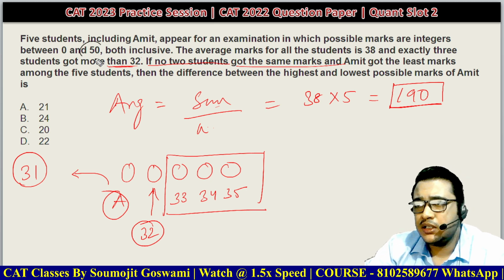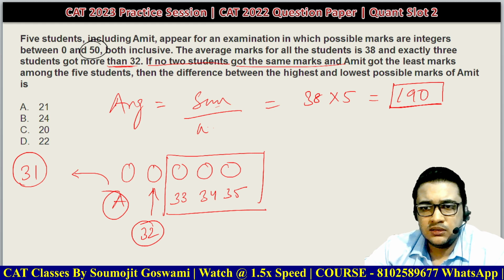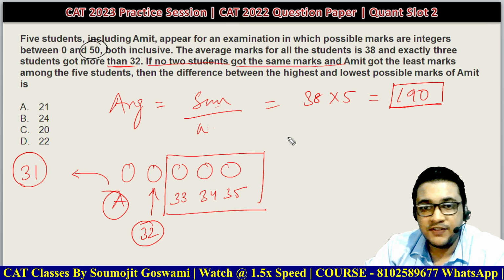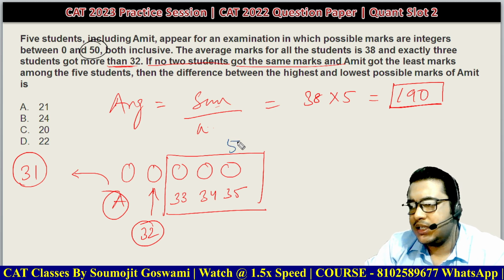Remember that the allowed marks, the maximum allowed marks, is 50. So what I can possibly do is give one of the fellows 50, the other one one less than that, and the other one less than that. Okay,